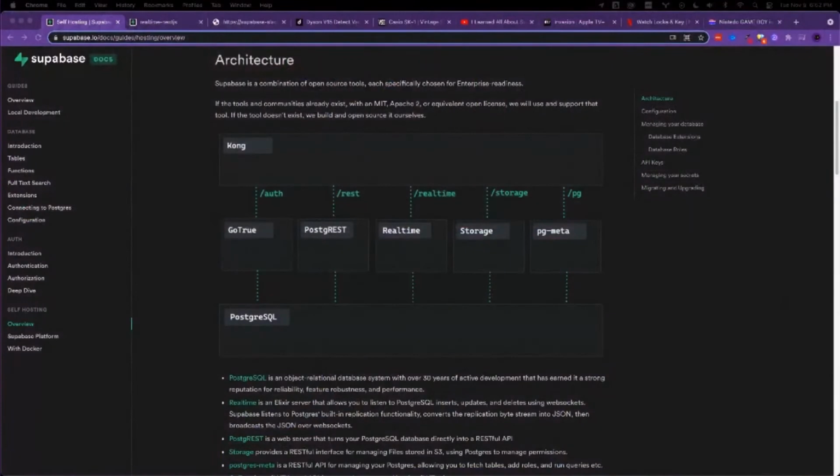I'm going to pop up a diagram that I happened to run into. I was going to put Supabase onto GCP by myself, and we can talk about this a little further. There are some blogs that really call this out, but I'm going to pop open this architectural diagram that they have out there.